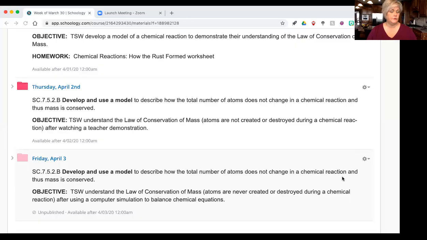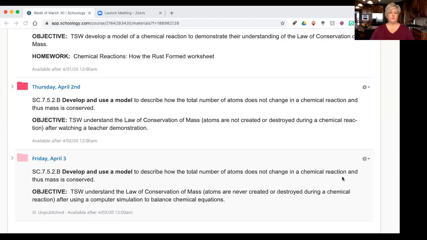Today is the day where you are going to play a game to help you remember, or to practice, I guess, how to balance equations. And so our folder today for standards is just the same as yesterday. And that is